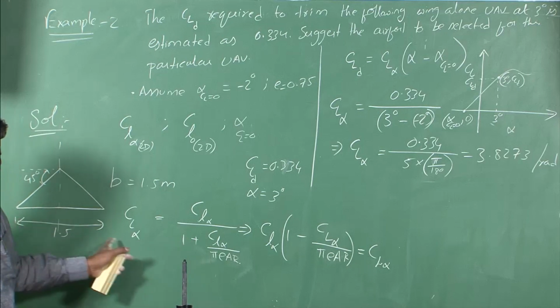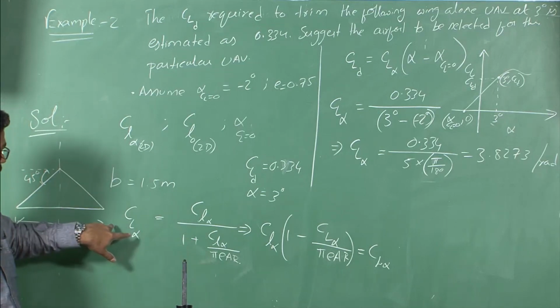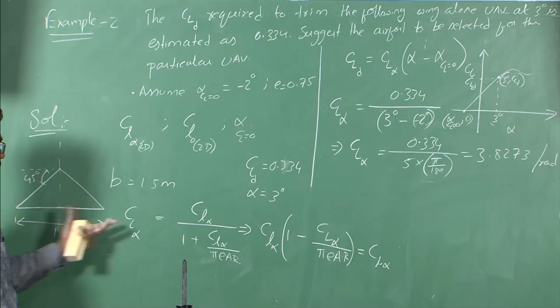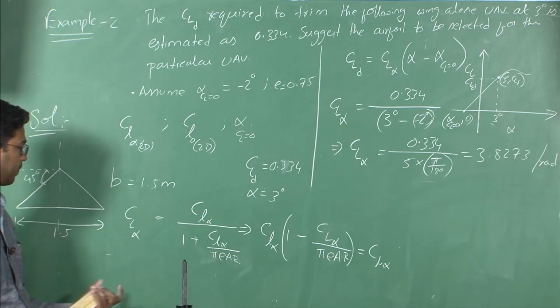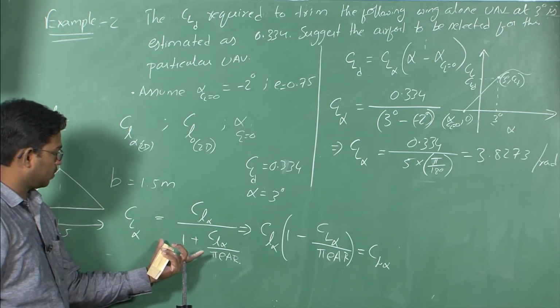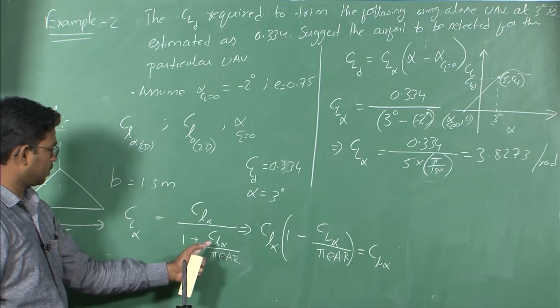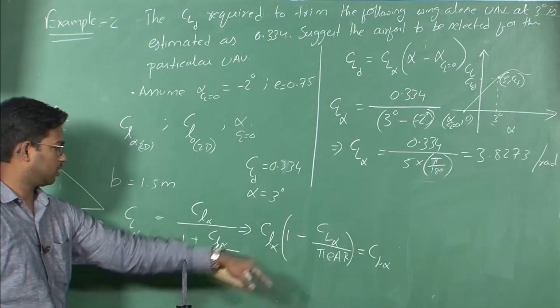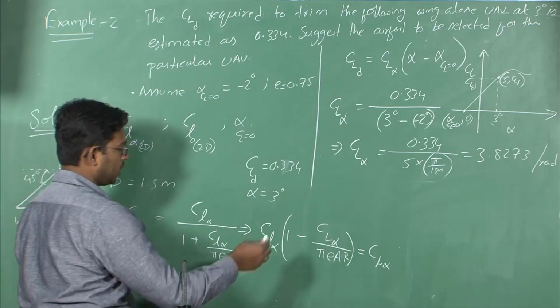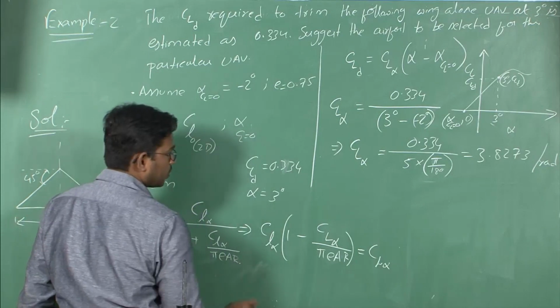If you multiply this equation by this denominator, and then take the second term to the other side, what you have here is